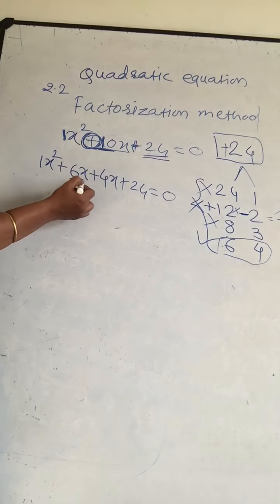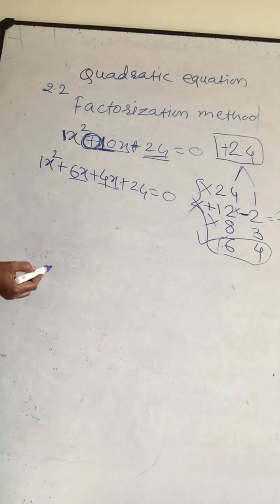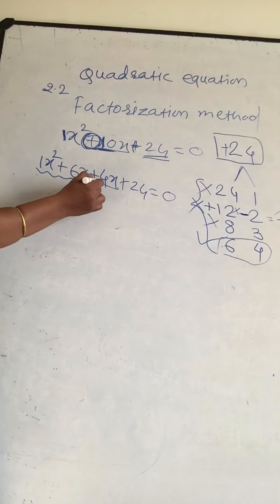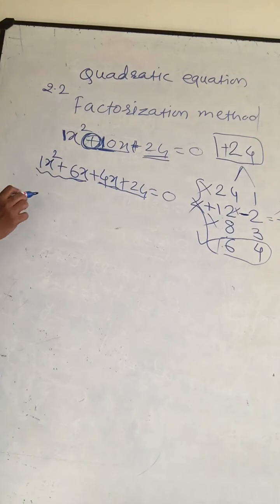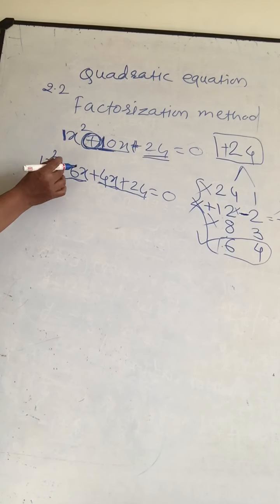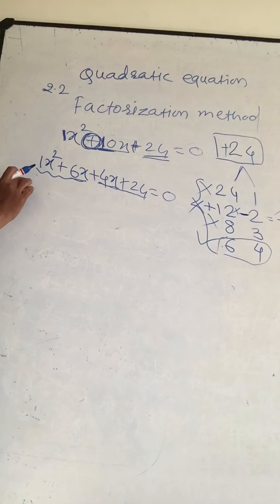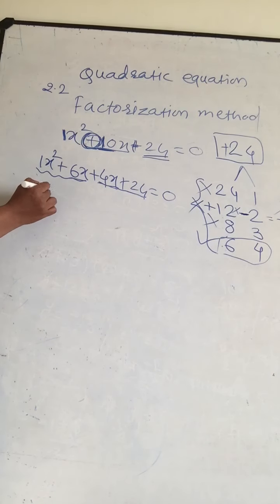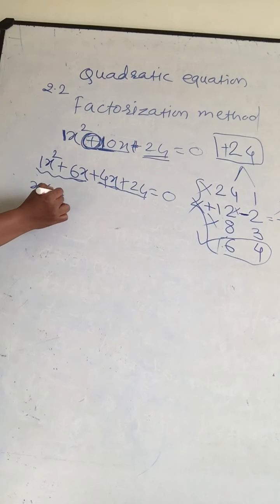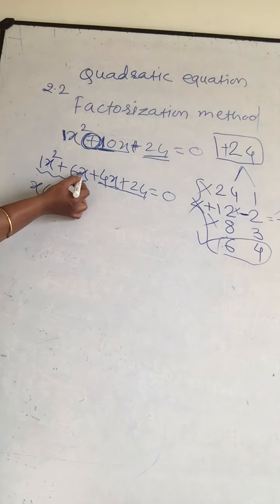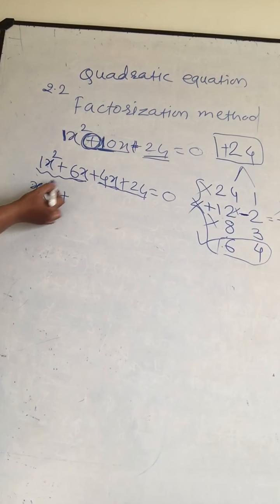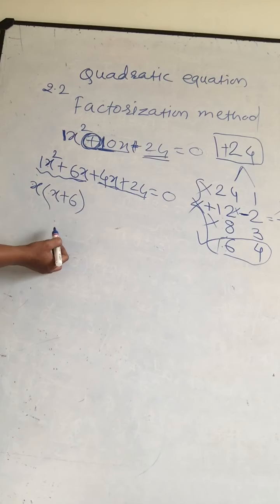Instead of 10x, we write 6x plus 4x. Okay. So here are 2 terms and here are 2 terms, there are a total of 4 terms. From the first 2 terms we have to take something common. What will be the common? x is common, so x is taken outside. Here 1x is remaining, and 1x here, so it becomes x square. Now here x outside, so 6 only is remaining. Okay.